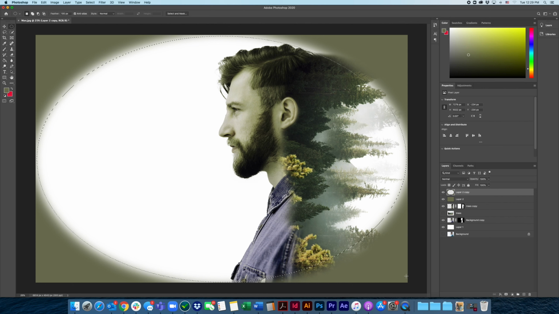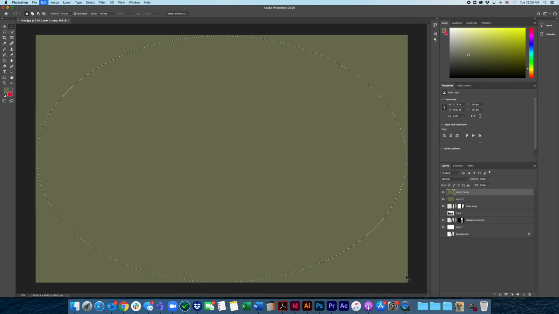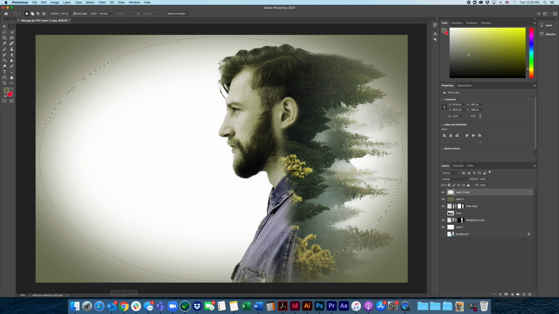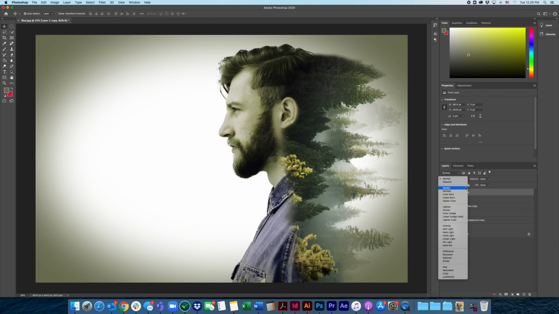And, you know, on second thought, I don't really like that. So I'm going to deselect that, and I'm going to change my feather to 400, and do it again. So I think with a larger radius of a feather, delete, we have a larger blur happening, so it's not so hard. All right, I can hit Command D to deselect,